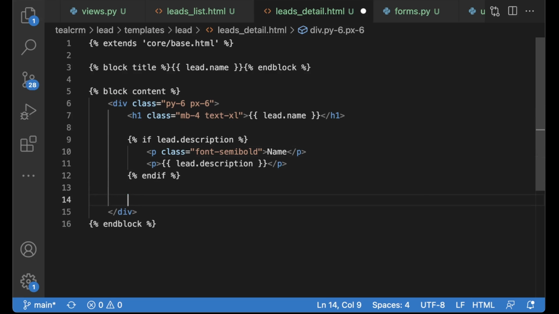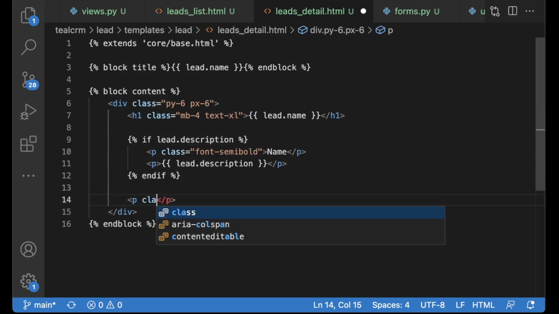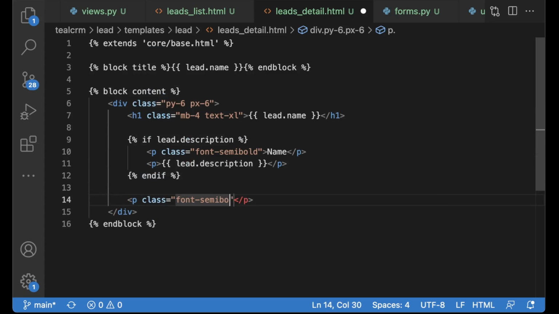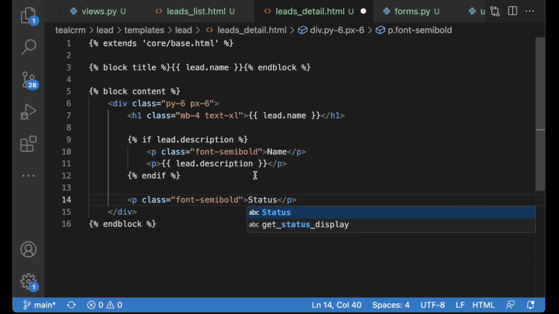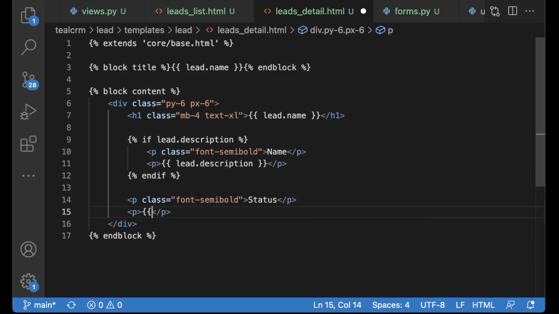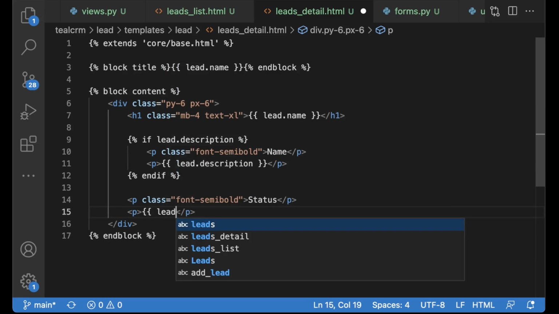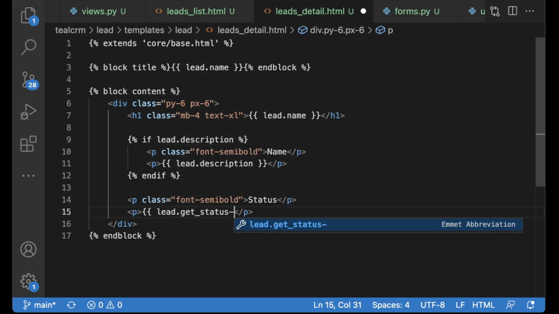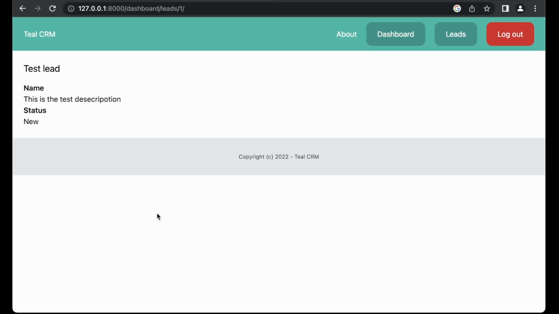Nice. And then we can add the p class font-semibold, and here we want to add the status. I'll show the status below here. All leads have a status, so we don't have to check if it has that here. So here we just say lead.get_status_display, save.